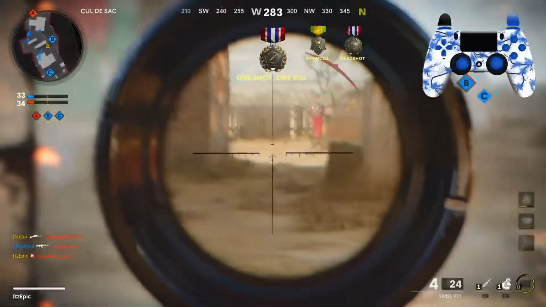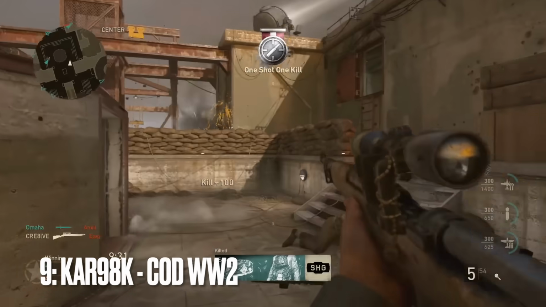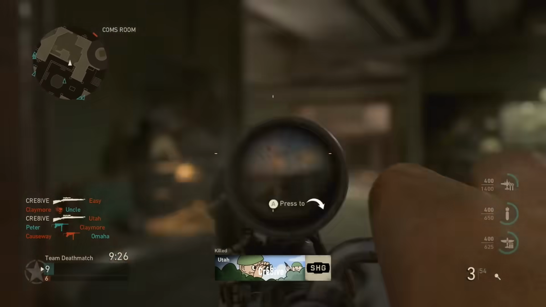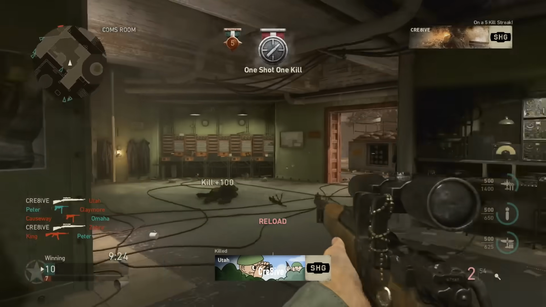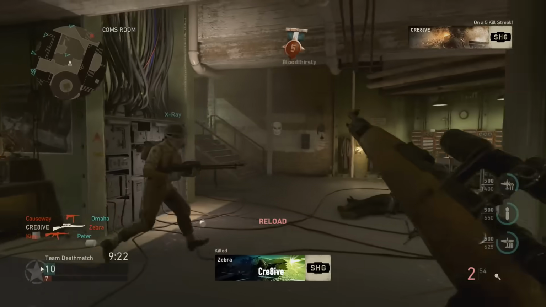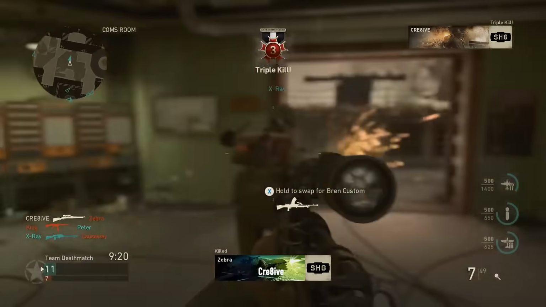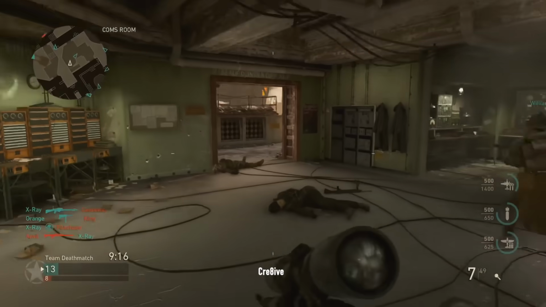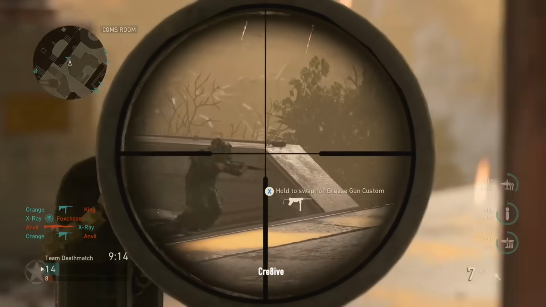At number 9, the Kar 98K in COD World War II. Now, when this game came out, the Kar was widely seen as the best sniper in the game. I mean, it had super quick handling, generous one-shot kill range. What's not to love about it from a sniper? Sledgehammer nerfed it a few times. They added a whole slew of additional sniper rifles, but even after the patches were out, the Kar remained the